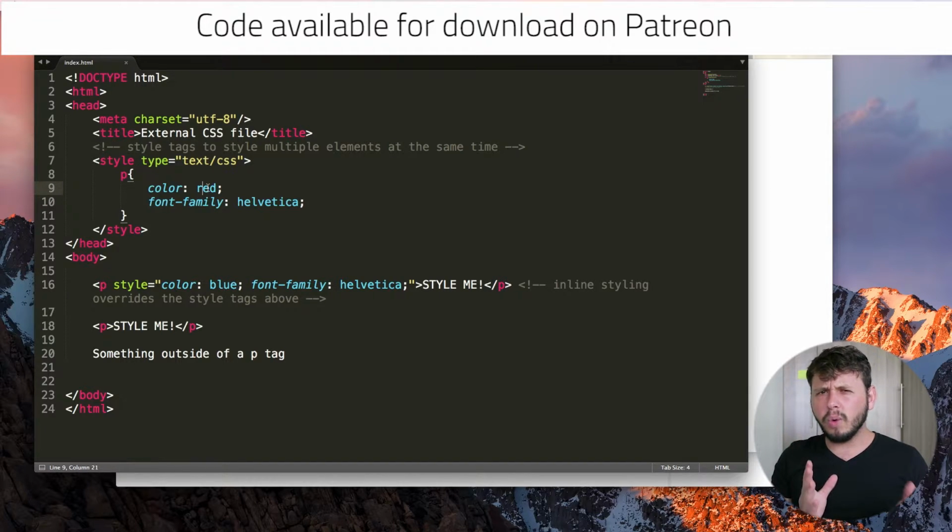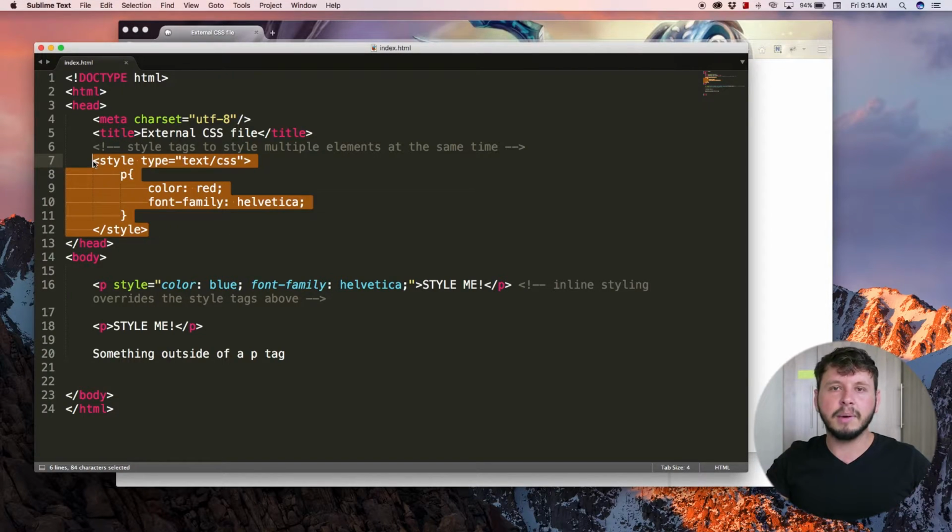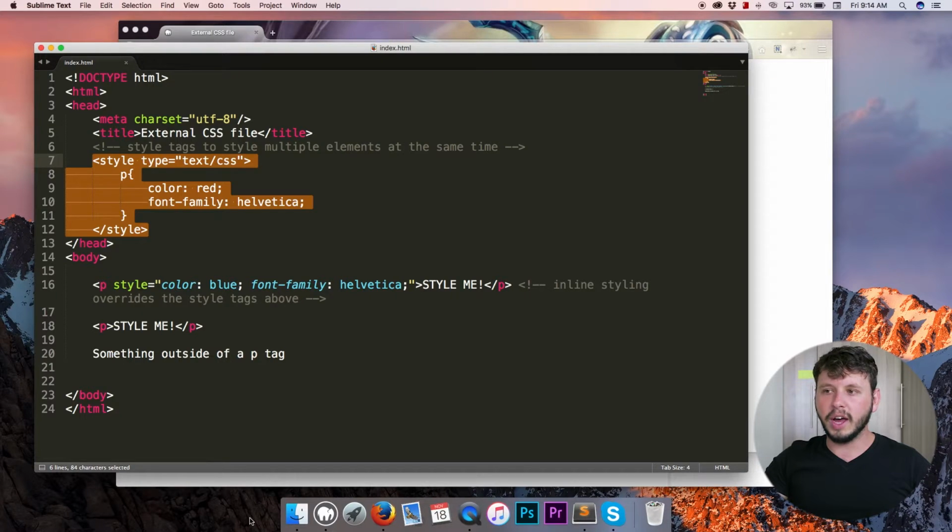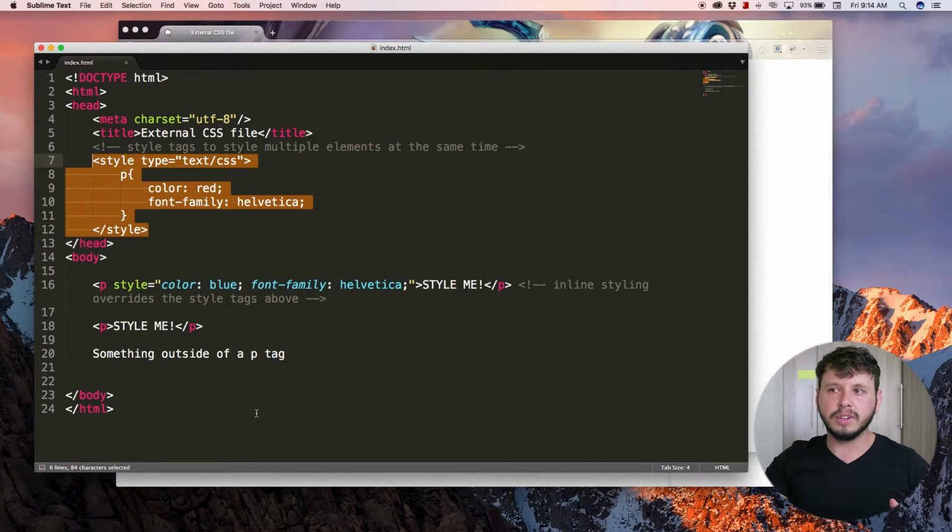But if we want to style more than one page at a time, let's say I've got 10 pages on my website, I'd then have to copy and paste this code across 10 pages, which isn't very efficient, especially now if you want to change some styling. Now you've got to copy paste this code across 10 different pages every time you make a change. So we have something else called a style sheet or an external style sheet, which is when you add another file called a CSS file to your